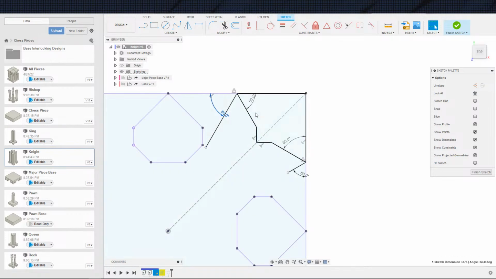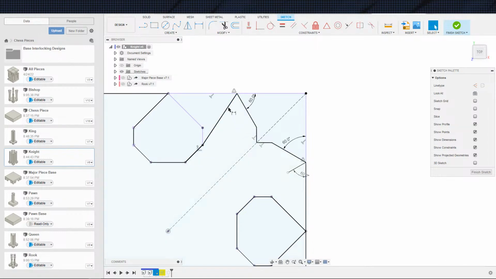So actually, instead of doing 60, do that. And I'm going to delete the rest of these. All right, so quick maths. If this is angle A, and that is angle A, and that is angle B, and they all add up to 180, then,